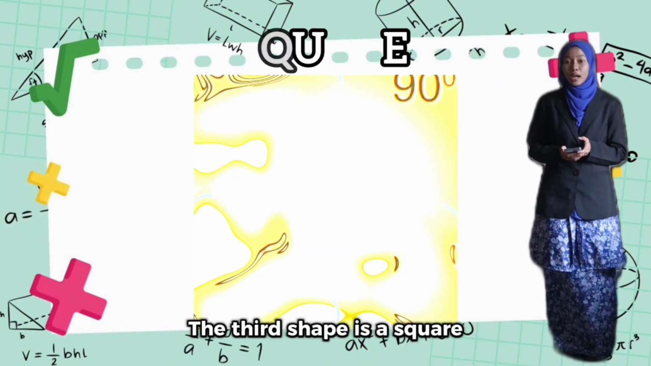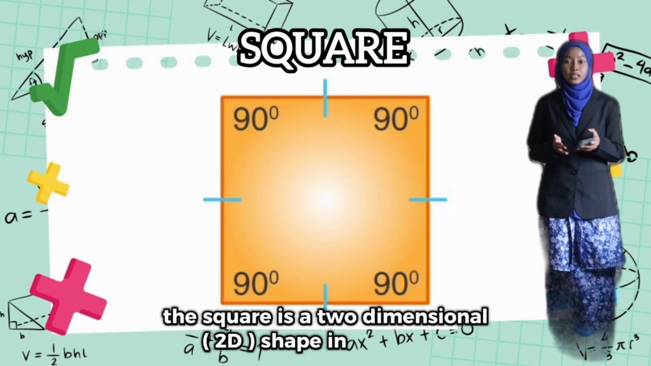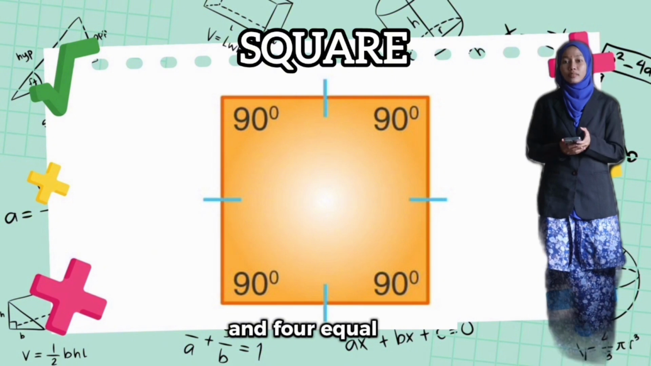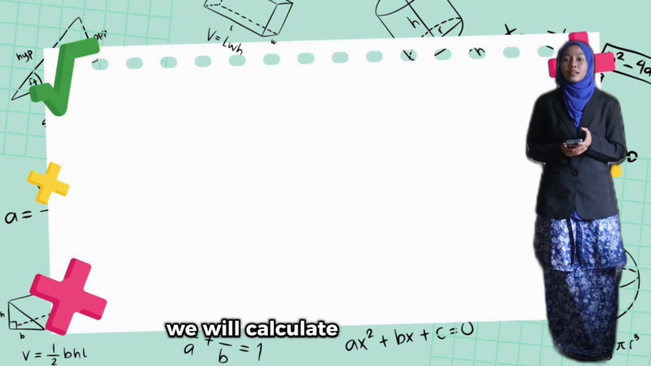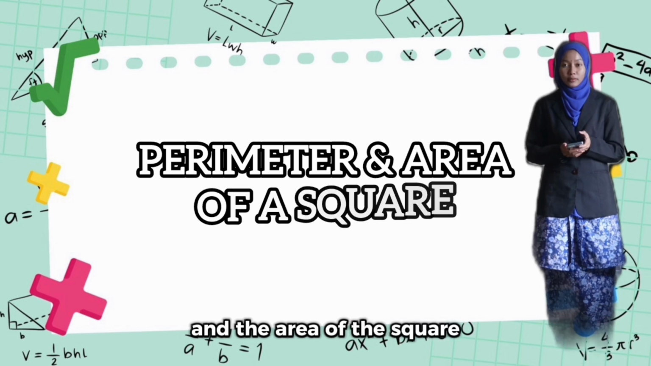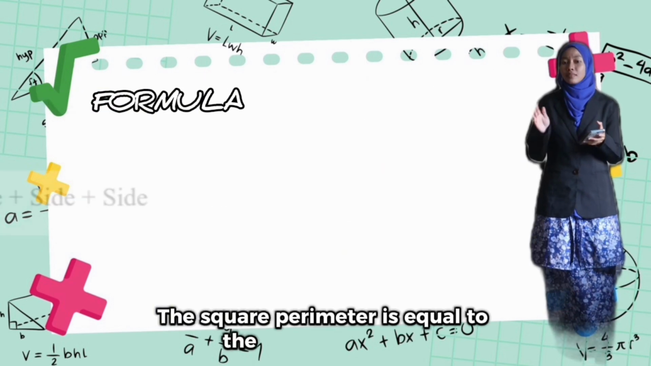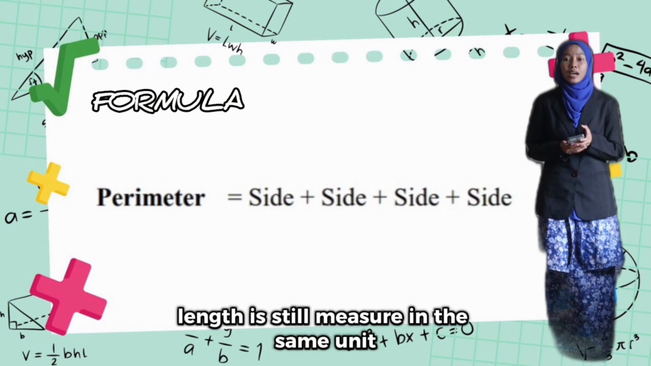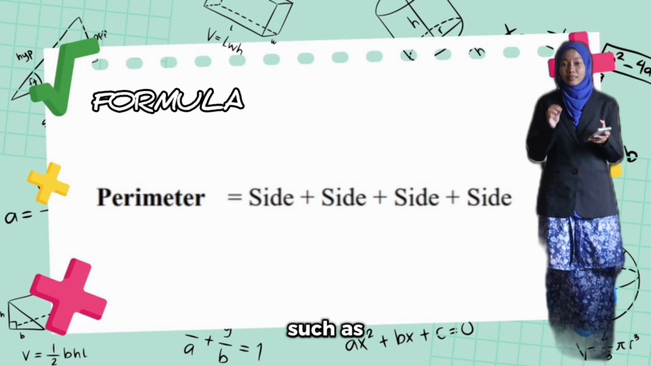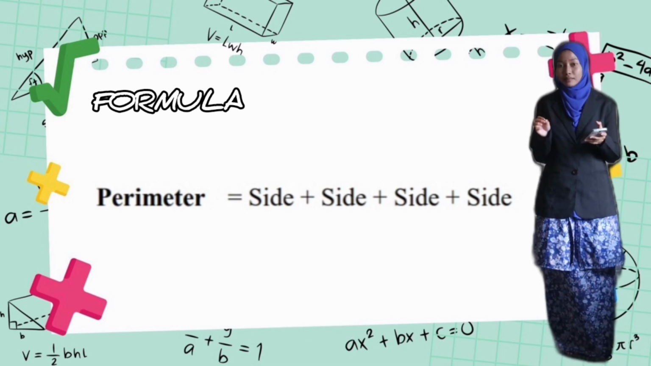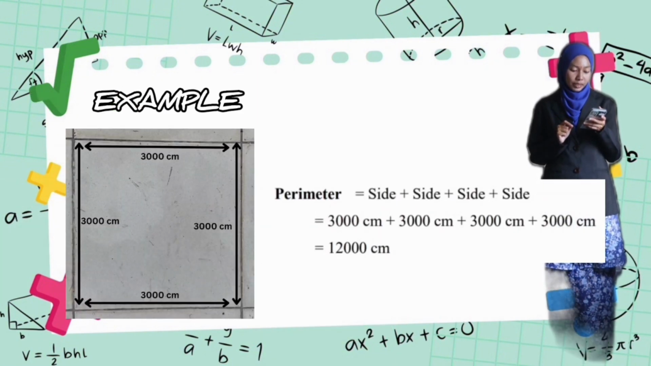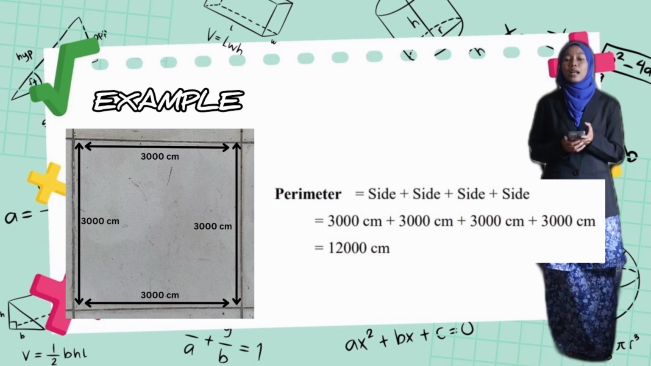The third shape is a square. A square is a two-dimensional shape in the plane that has 4 angles of 90 degrees and 4 equal sides. For this shape, we will calculate the perimeter and the area of the square. The square's perimeter is equal to the sum of its 4 sides. The side length is measured in the same unit as the perimeter, such as side plus side plus side plus side. For example, 3000 centimeter plus 3000 centimeter plus 3000 centimeter plus 3000 centimeter, and we get 12,000